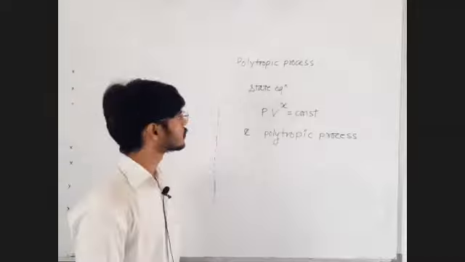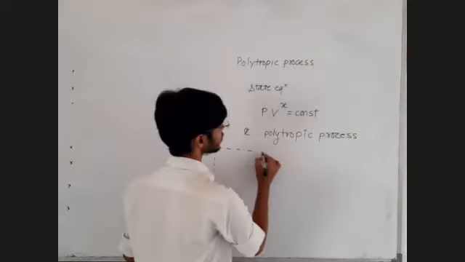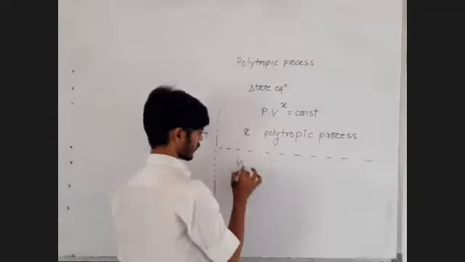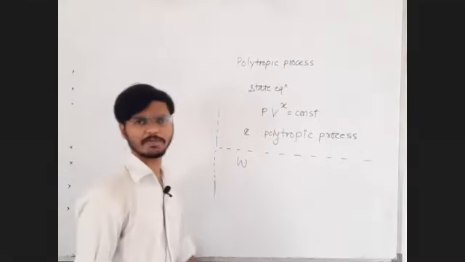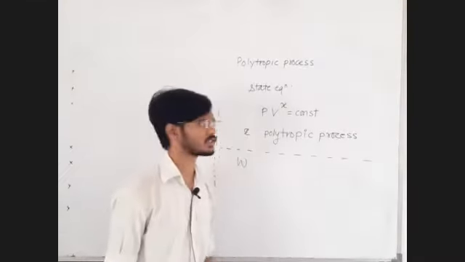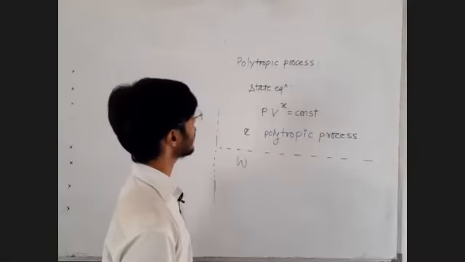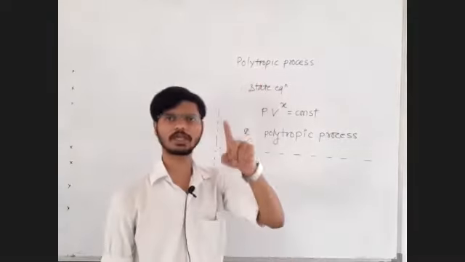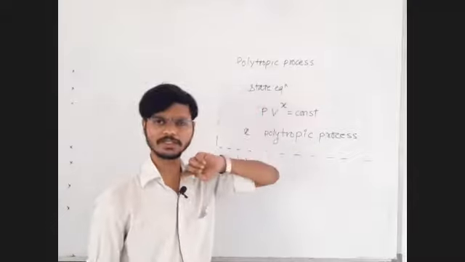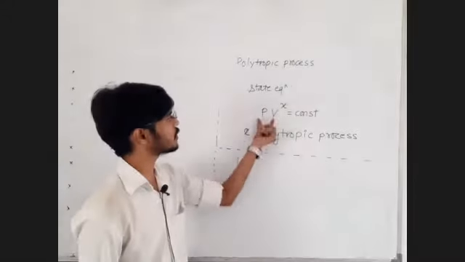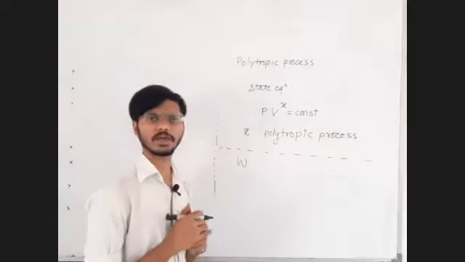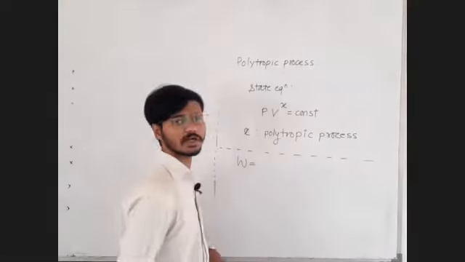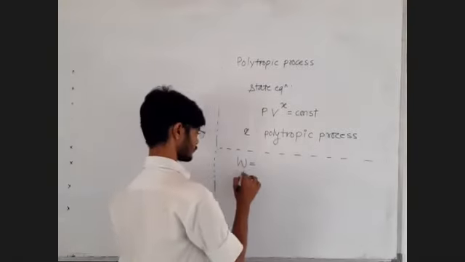Yes. Now what can be the possible values of work done and heat for the polytropic process? Let us try to write down. Work done in the polytropic process. Just like PV raised to gamma, we have PV raised to x. And it is a process which is being carried out on the ideal gas. So again, it is following the basic equation PV equal to nRT. So just like PV raised to gamma, first equation we have, and the second equation PV is equal to nRT. It means that, sir, the formula of work done will be similar to adiabatic process.